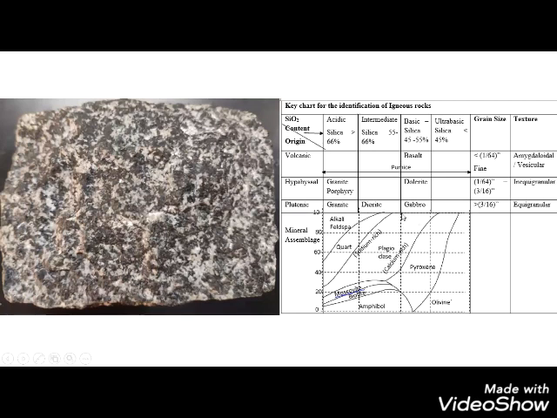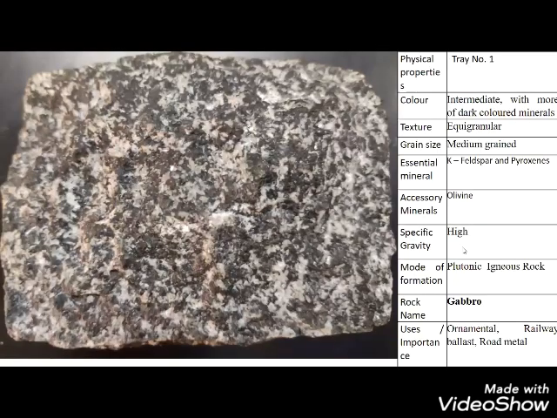Much of the gabbro will have, see over here in this box, too much plagioclase feldspars, and you will have some amount of pyroxenes and a portion of olivine. Olivine may be present, may not be present. So accessory minerals will be based on the chart. You have observed that the accessory mineral is olivine. Since dark colored minerals are very high, the specific gravity obviously will be high. Lighter the color of the rock, specific gravity will be low in case of igneous rocks. Please keep that in mind.